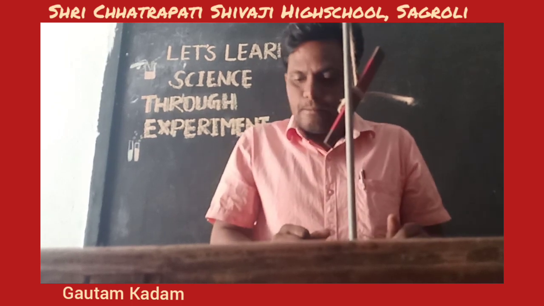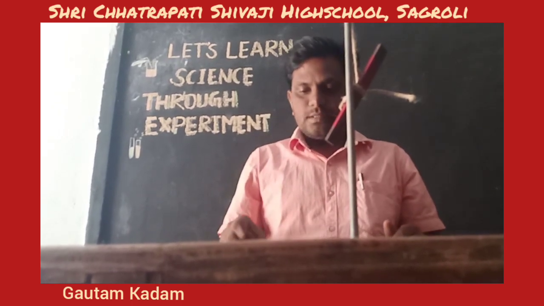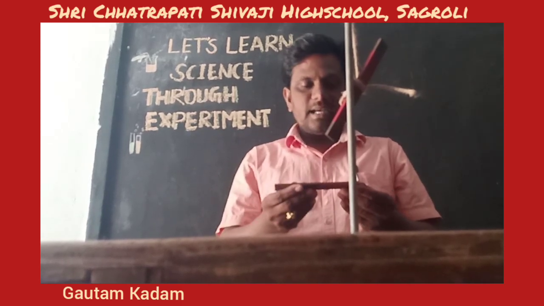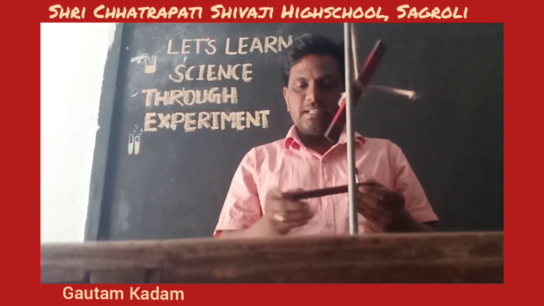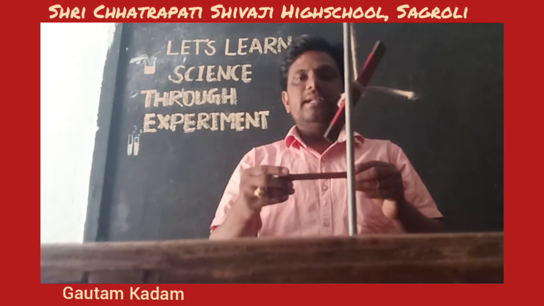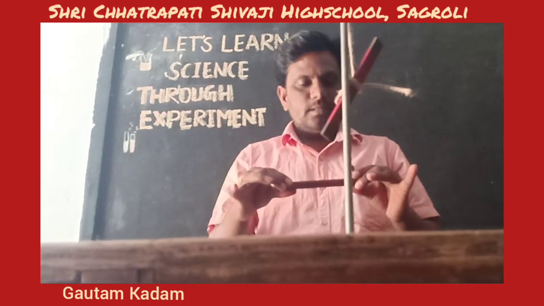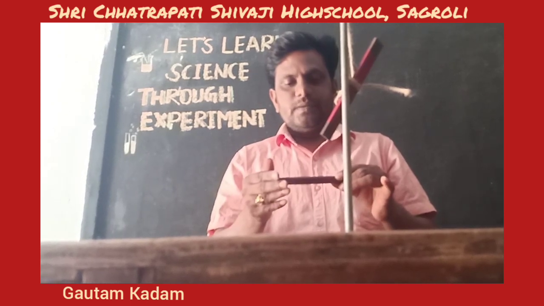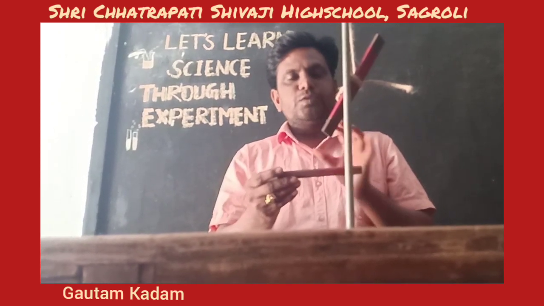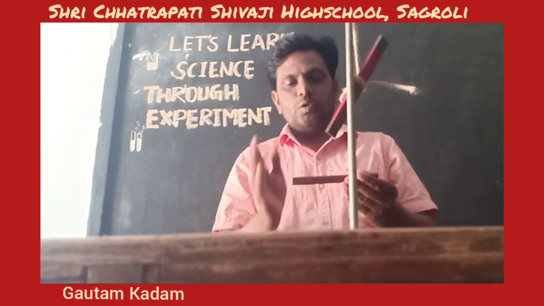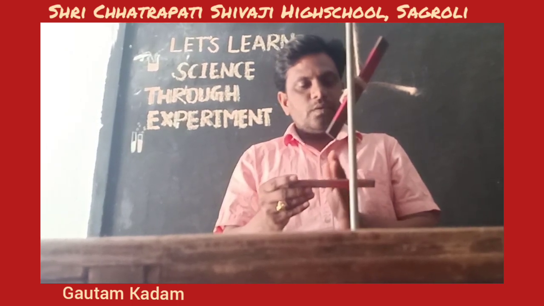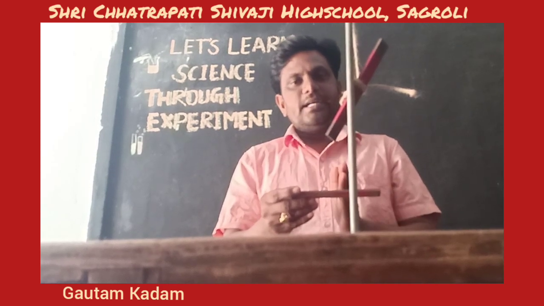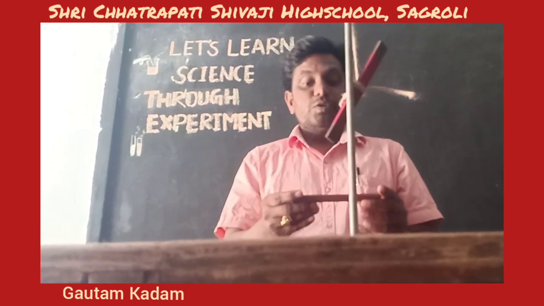So the fourth property of magnet, suppose this is the bar magnet. Bar magnet has two poles, north pole and south pole, and when this bar magnet is broken down into many pieces, then its poles, that is north pole and south pole, cannot separate from each other even though this magnet is broken down into many small pieces.